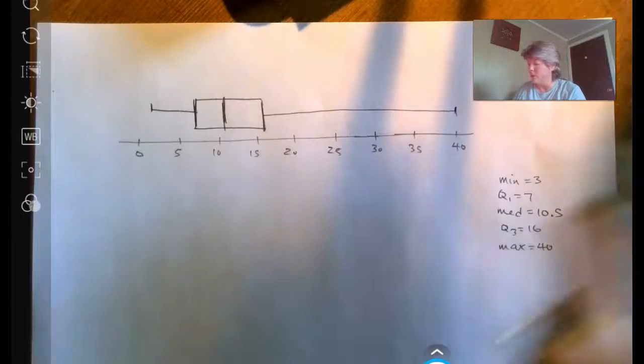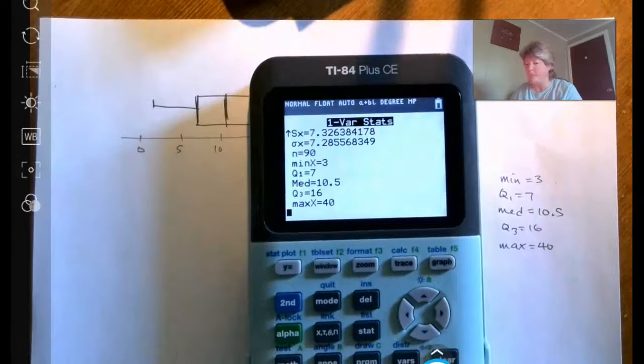But we're eventually going to want to look for potential outliers. And there's a rule of thumb that we can use for that. And you can also use your calculator or some other software. I'm going to show you how to do this on Statplet in a minute. But if you've got a graphing calculator at your disposal, once you have the data in your lists, if you